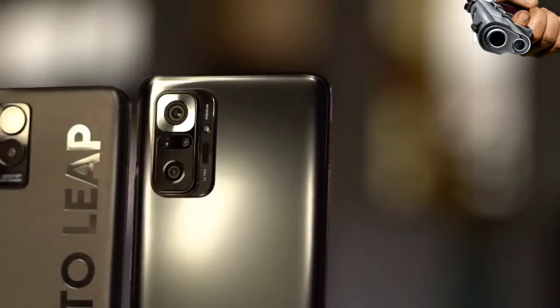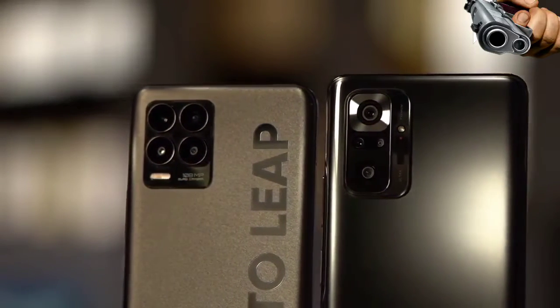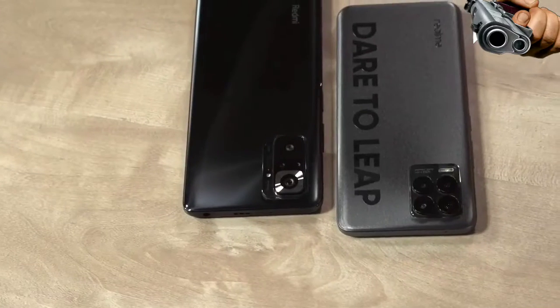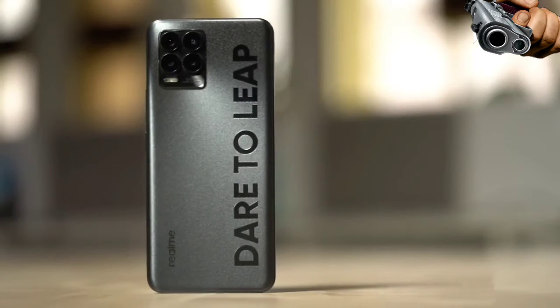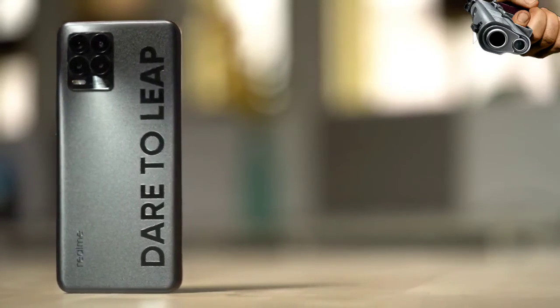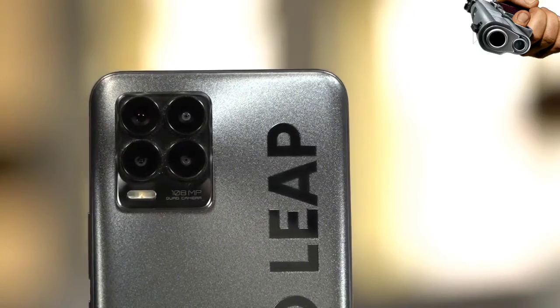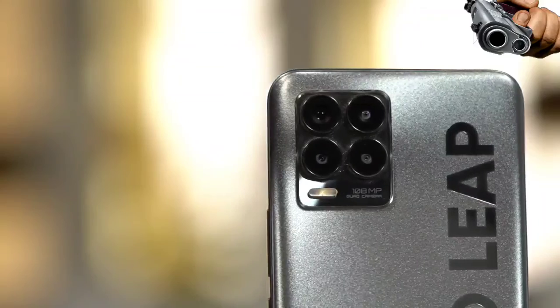Both phones clicked good portrait shots. However, the Redmi device won the race because of better depth effect. Edge detection was also good on both cameras. To conclude, Realme has done a good job with the Realme 8 Pro's cameras, and overall quad lens setup manages to mostly stay true to the claims made by the company. Yes, there are areas that the camera performance can still be improved in, but for most parts, the cameras on the Realme 8 Pro do live up